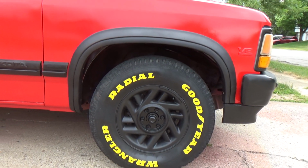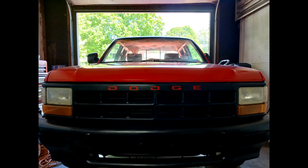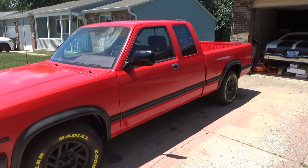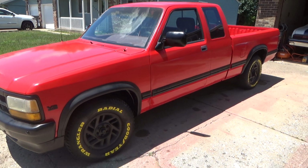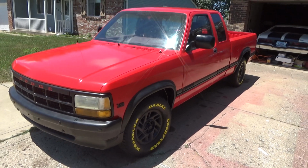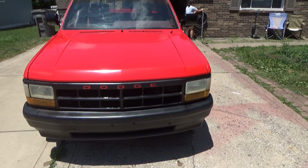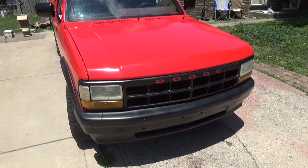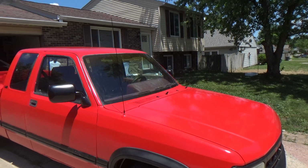I know it sounds dumb, but this next picture here is the front bumper after I got it put back on. I went from 400 grit, 600 grit to 1000 grit. I wet sanded the headlights and turn signals to get some of that oxidation off. Can't tell if the sun's out here too much, I don't know. It's got some water spots on it, did some touch up. I haven't even washed it or waxed it yet. So, you know,